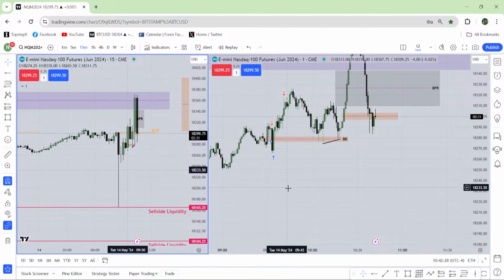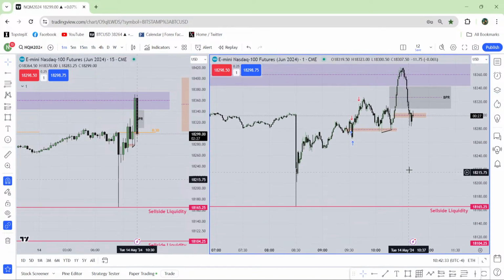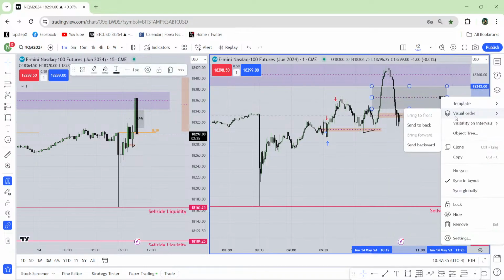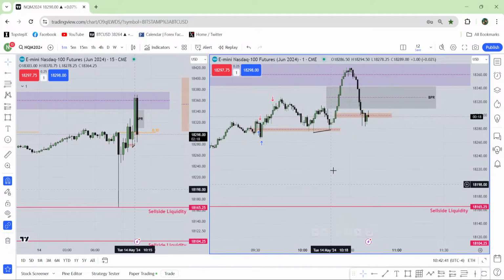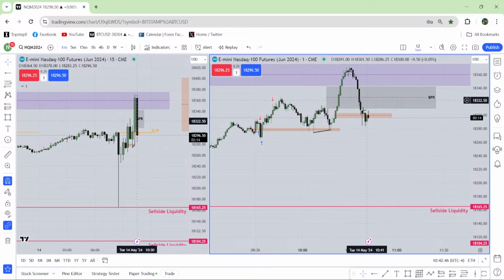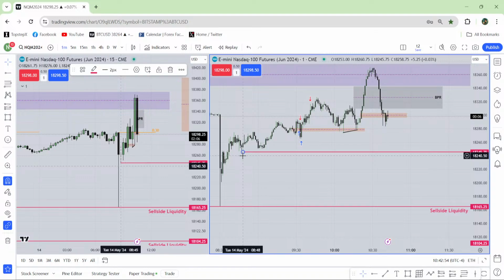Guys, I just explained my expectation, okay? But that doesn't mean you're going to depend on my expectation. You can do whatever you want to do. If you wanna take sell, you can go for the sell. If you wanna take buy, you can take the buy. I'm not interested to take buy anymore. I'm just interested to take sell now. Okay, so for me, buying is done. For me, selling is cool. I will try to take sell until that relatively equal lows. Until those lows, I'll try to take sell.